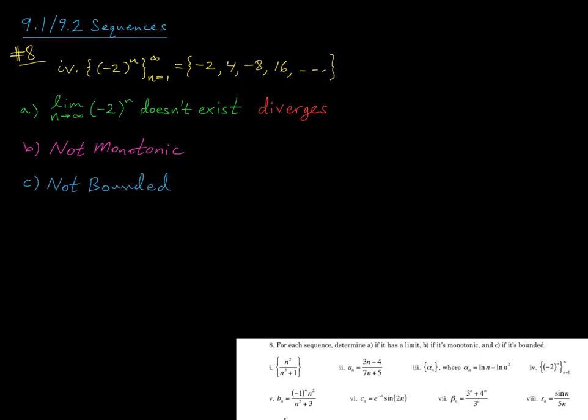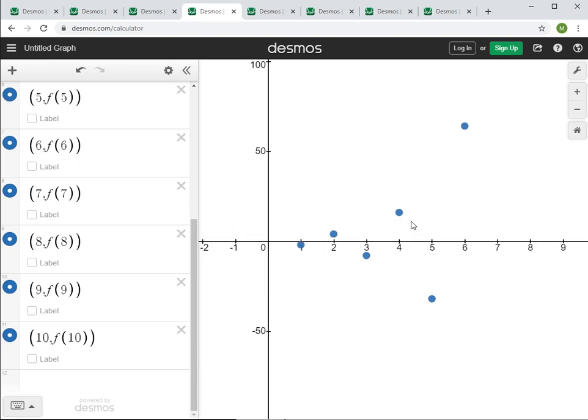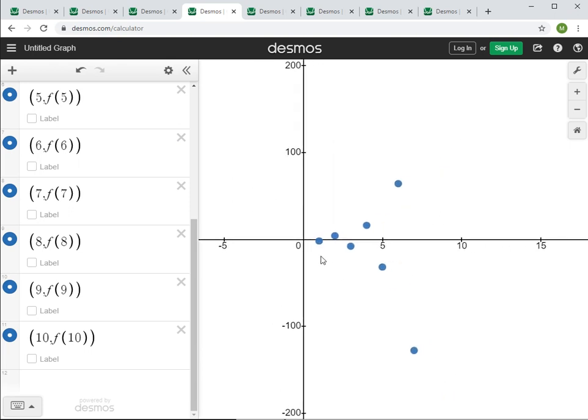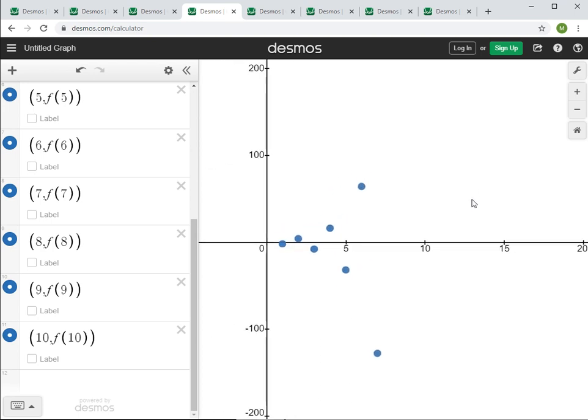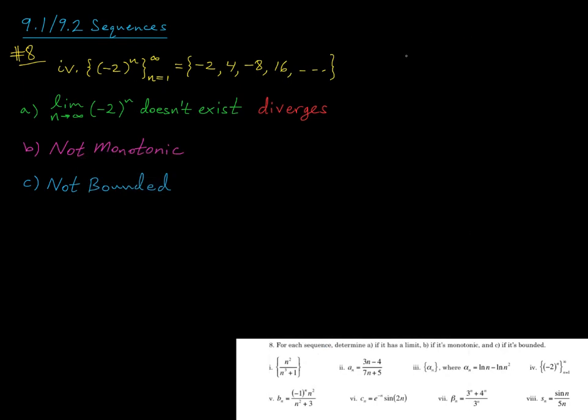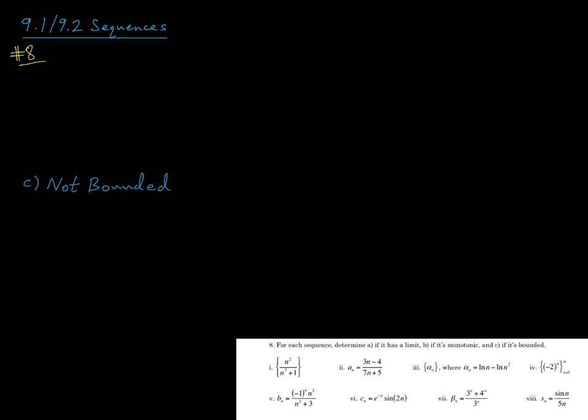Why? Well, because, as I already noted, as we let n increase, the magnitude of the terms will become infinitely large. So if I keep zooming out, I'm going to see terms that are just growing in magnitude, and there is no way to capture all those terms in a finite band. All right, very good. Let's press on then to part